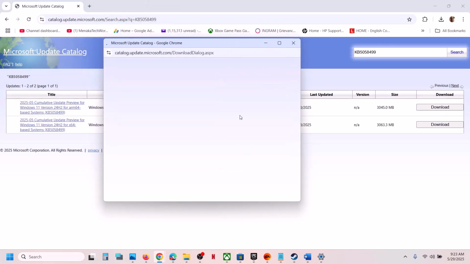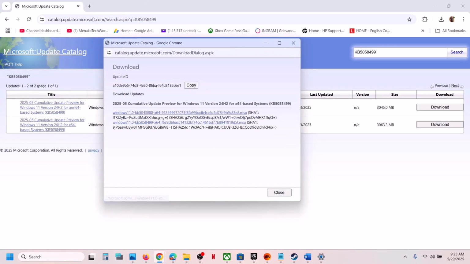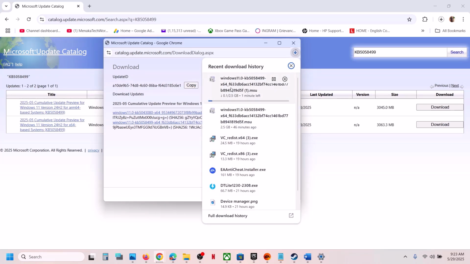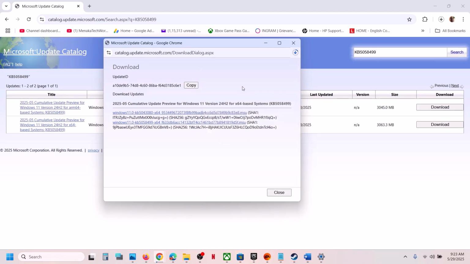and then you will see the update over here, that is KB5058499. Click on this blue hyperlink, and then it will start downloading the update. Now once the download is complete, you can click on this file and then you can run this file and you can update this manually. And after that you have to restart your computer. Restart is a must. And you can also install this update and then restart your computer and then you can